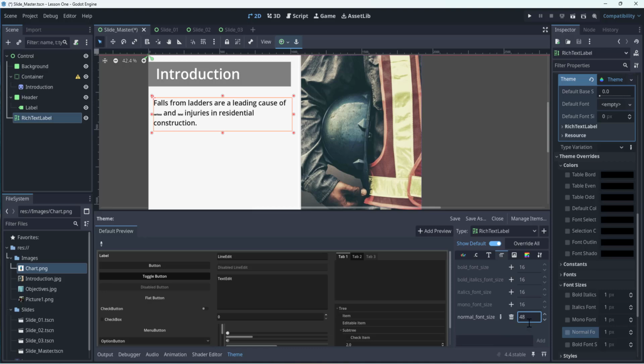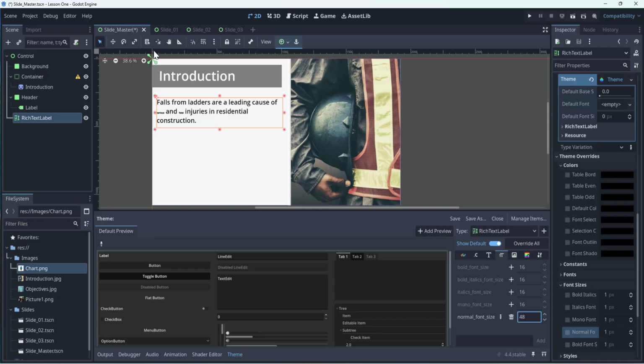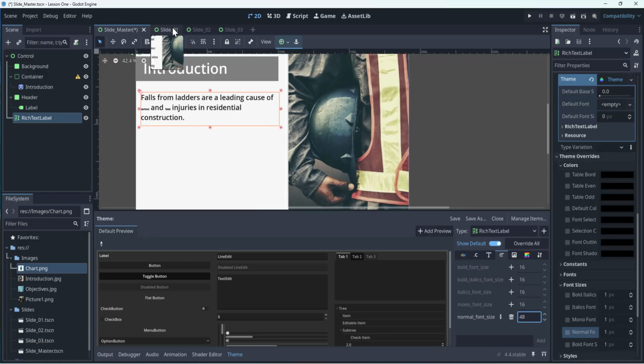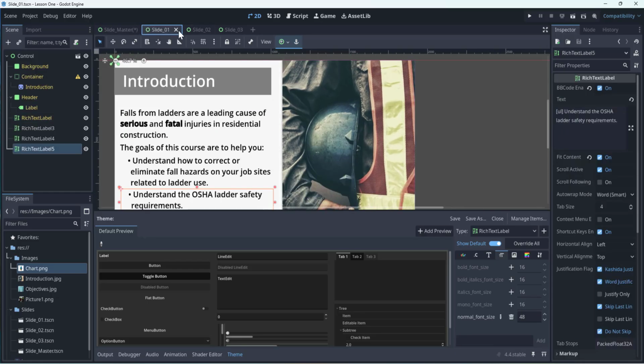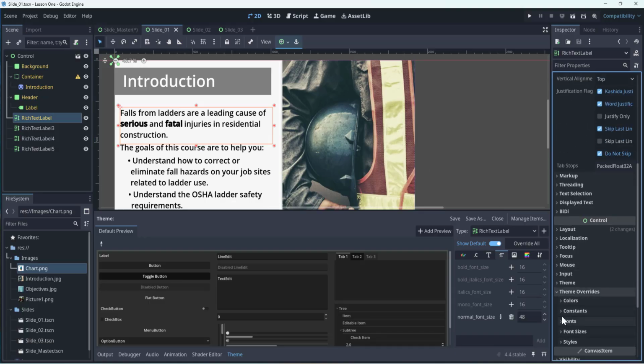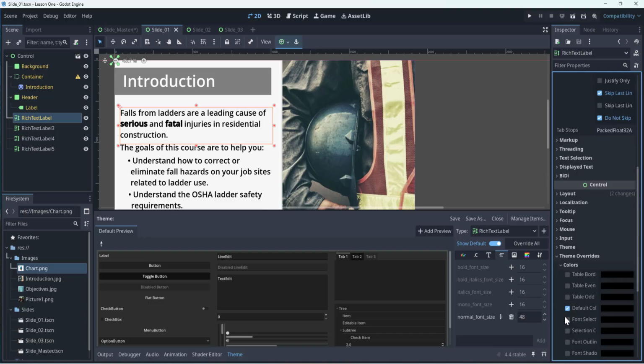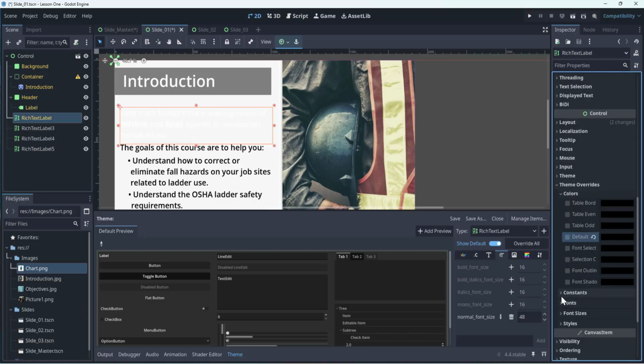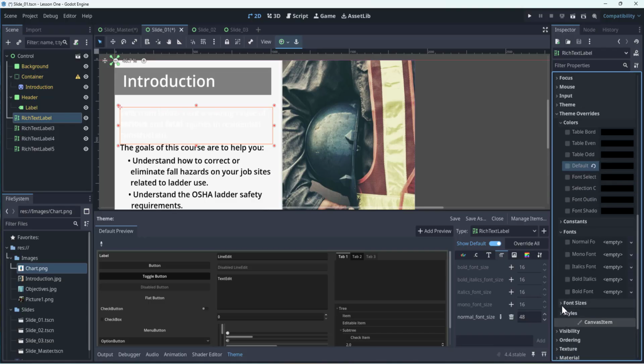Yeah, 48. So as you can see, it updates all this right here, and the same thing will happen to all these other ones as soon as we do uncheck the theme overrides. Yeah, colors, default colors, font sizes,